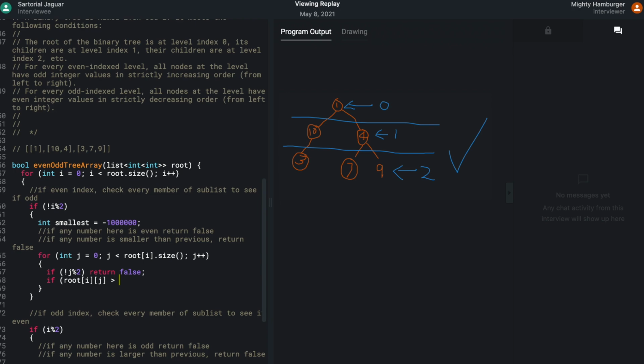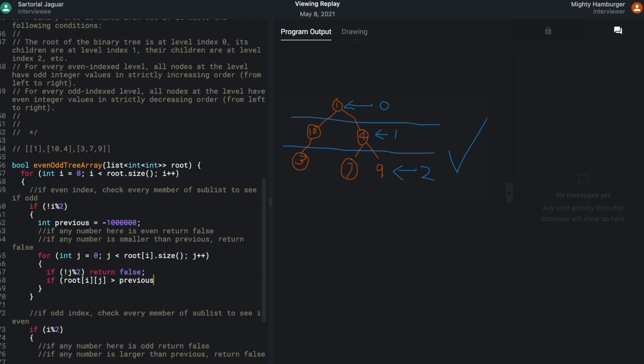I guess smallest isn't the most accurate way. That's going to be, let's call it previous. If that is bigger than previous, and the first element will, I guess, bigger than or equal to, because the first element could be negative 1 million.